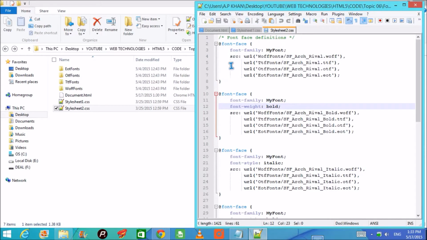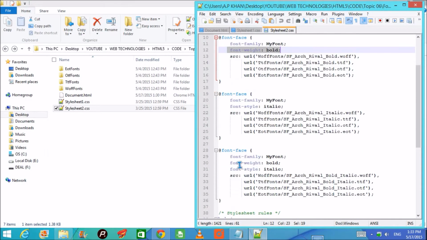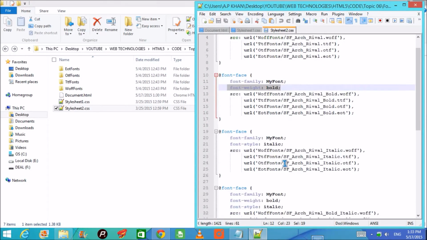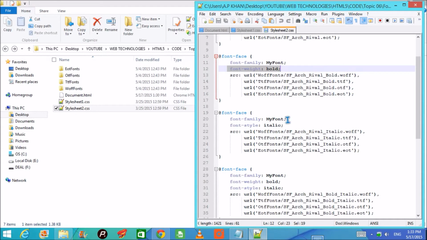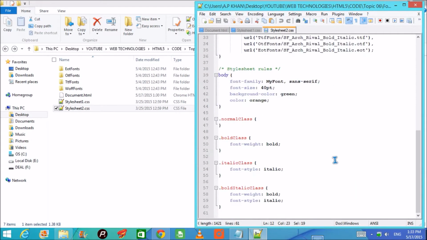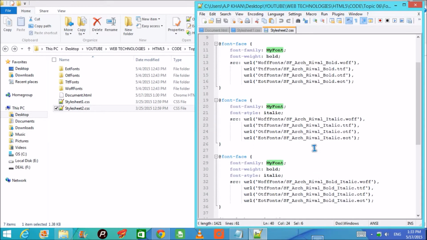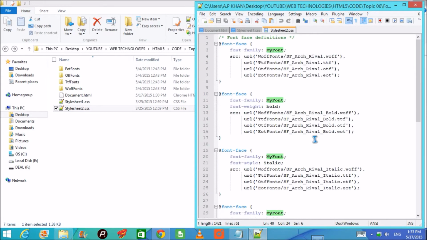What we have done is introduced font-weight also: font-weight, font-style, font-weight, bold, italic, bold. Whichever it is, we have the folder, we have the font. It will find the font and just take it and show. So the rest remains the same. Only myfont has been given here, and depending upon the availability of the font, it will take the font and show it in your web page in the similar fashion which I have just explained.